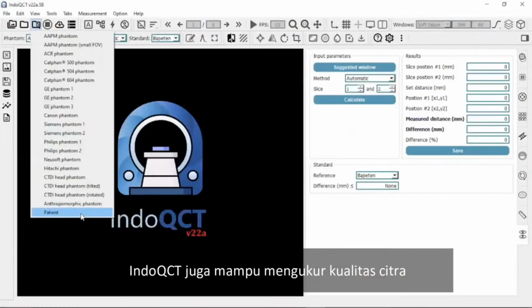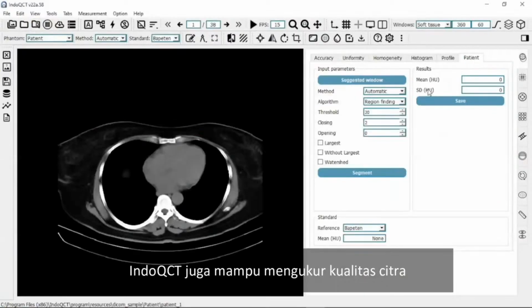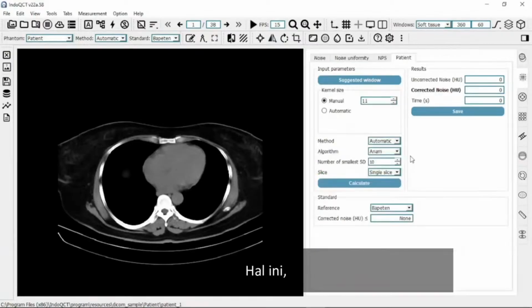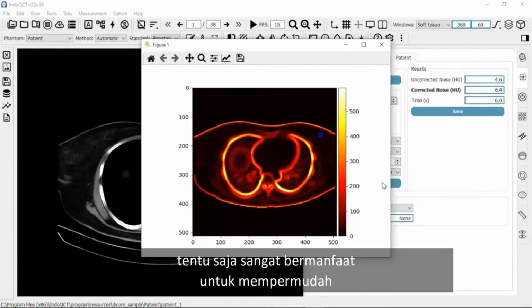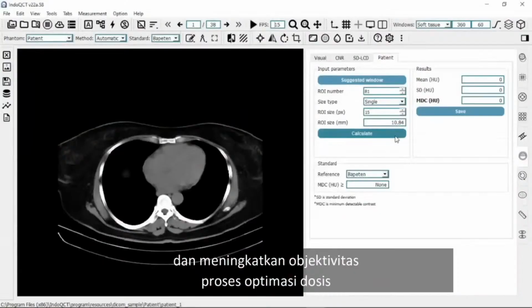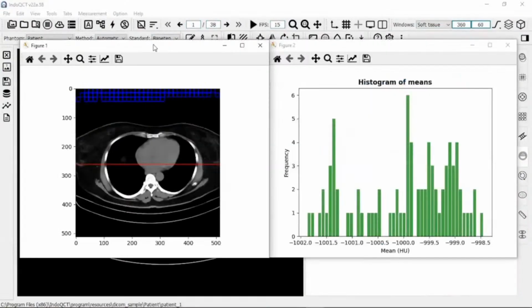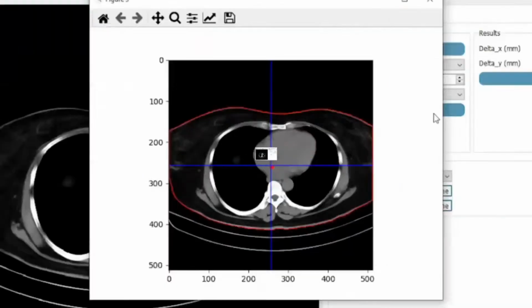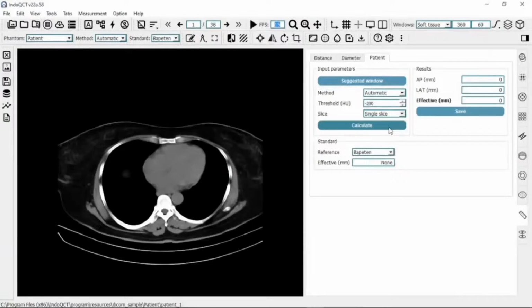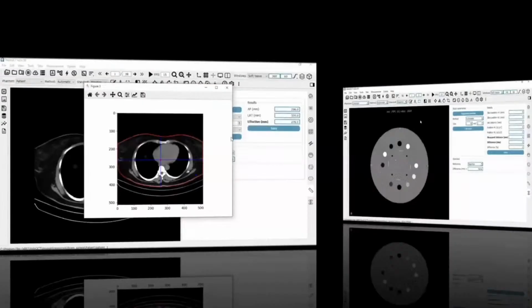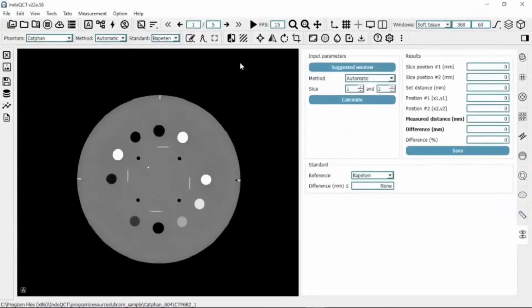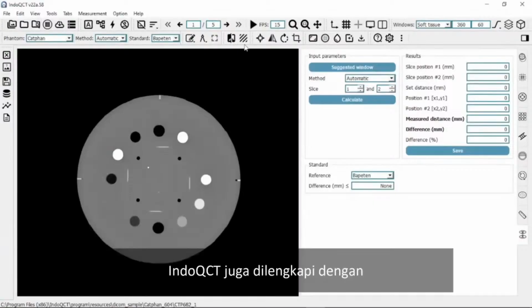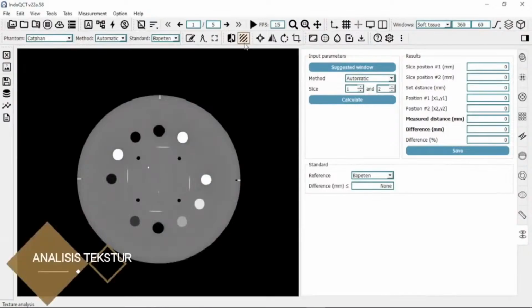IndoQCT is also reliable in measuring image quality metrics directly from patient images. It's advantageous for simplifying and increasing the objectivity of the dose optimization process. IndoQCT is also equipped with several additional features, including texture analysis,